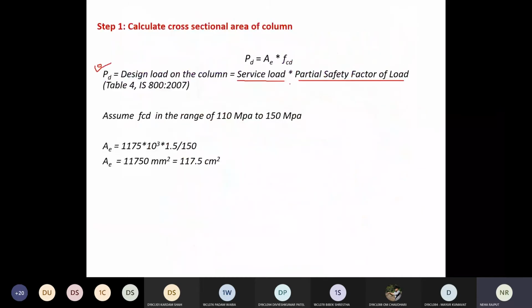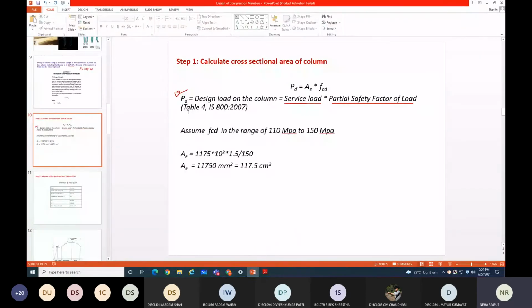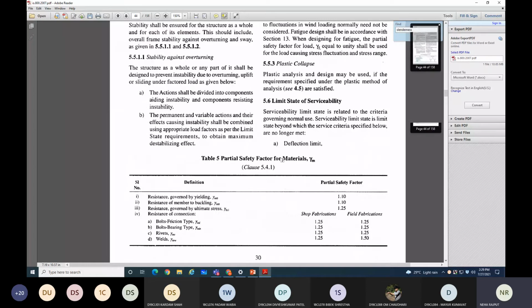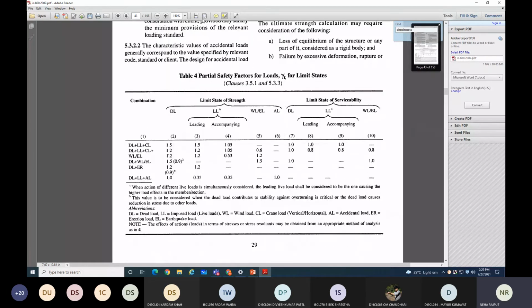Partial safety factor of load, and this partial safety factor you can find from this table number 4. So table number 4, same as in reinforced concrete, the partial safety factors are given. Here also partial safety factors for limit state of strength and limit state of serviceability are given. Right. So here the load combinations are given, dead load plus live load, and this CL strength for crane